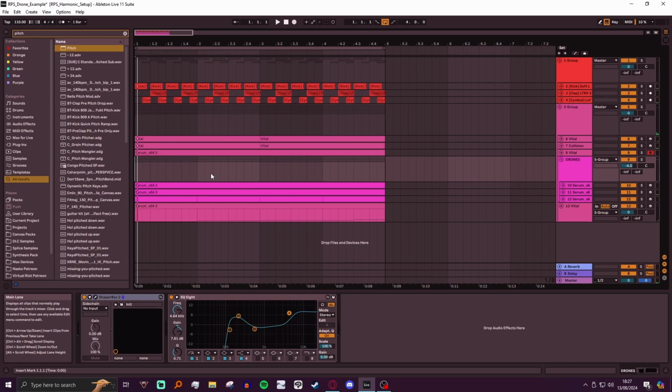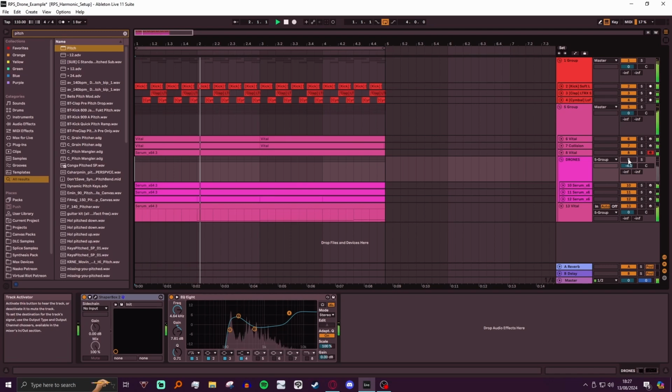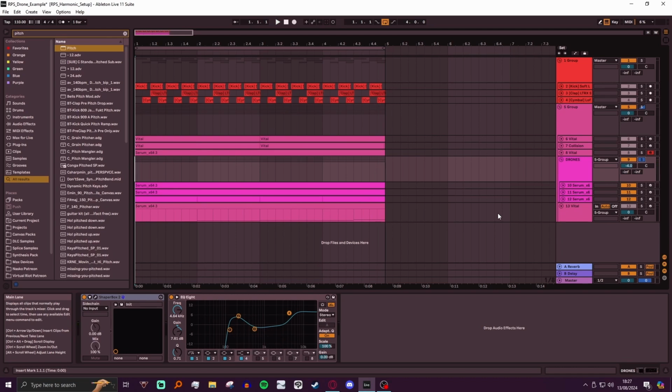In this example, I'm using drones to fill up the background and give harmonic context to the track. You can hear, when I mute these layers, how empty the track sounds in comparison. On their own, these drones sound like this. If you've ever been wondering why your tracks don't sound as full as the songs you listen to, then start